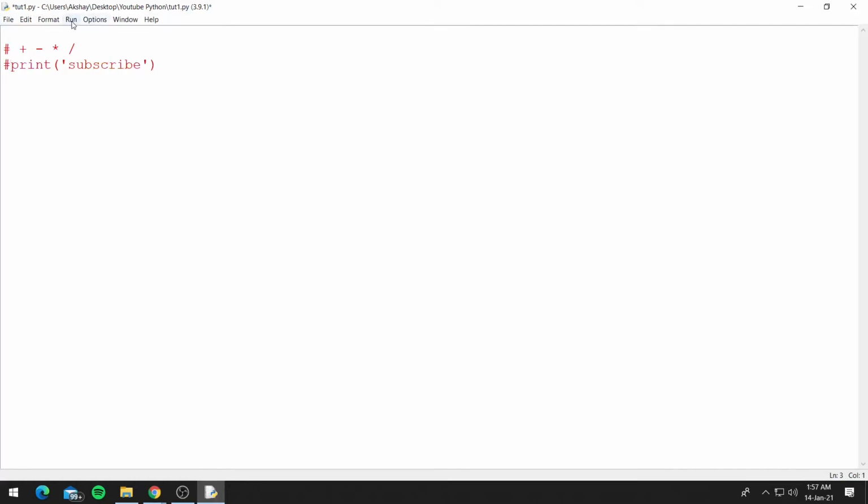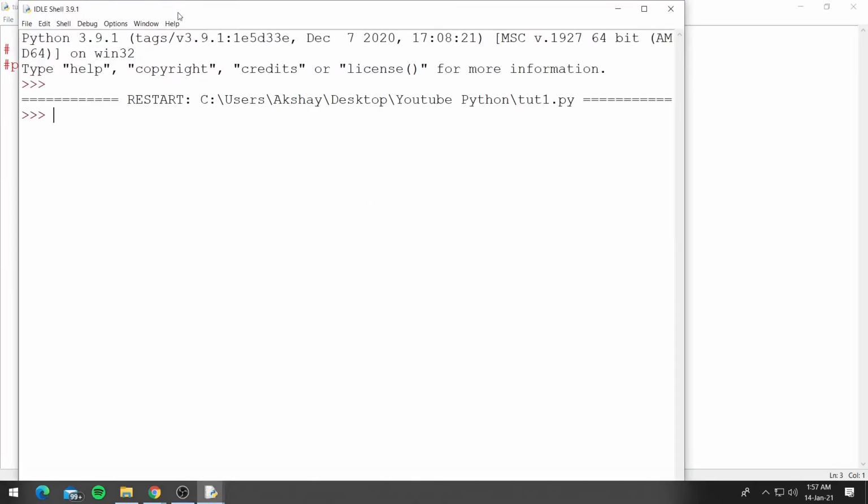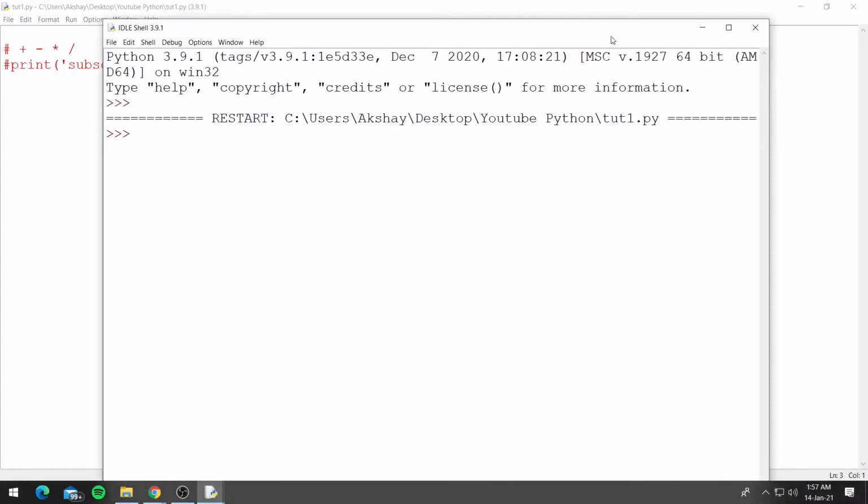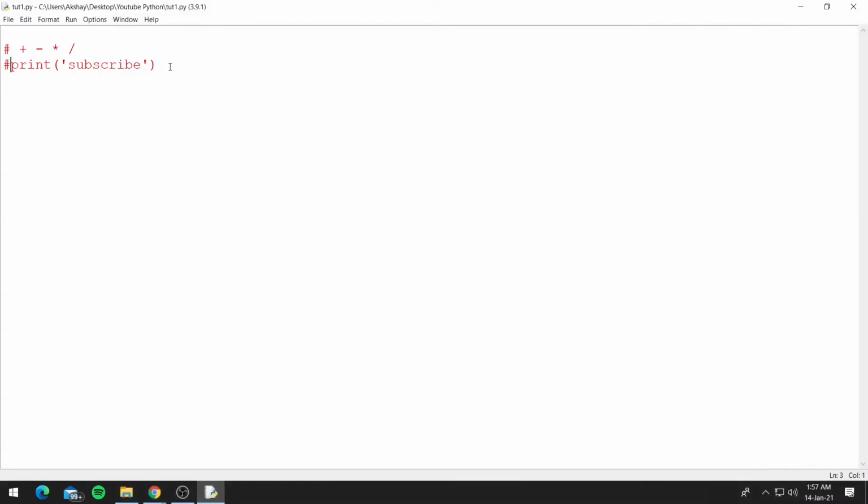Let's see what Python prints this time. So here Python printed nothing, as we have commented both the lines and Python ignored both of them. So these are called single line comments. But if you want to do multiple line comments, you can encase them in triple quotes.